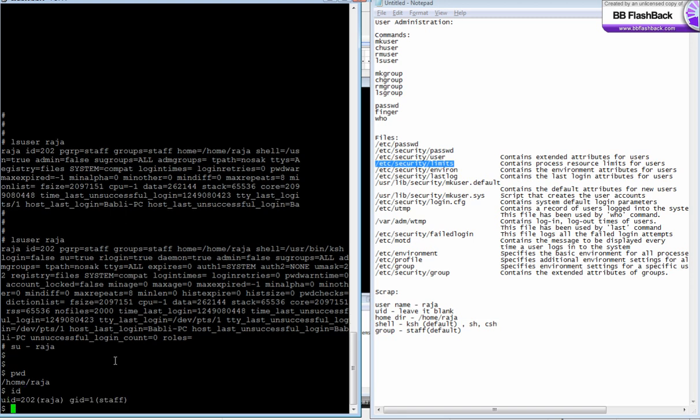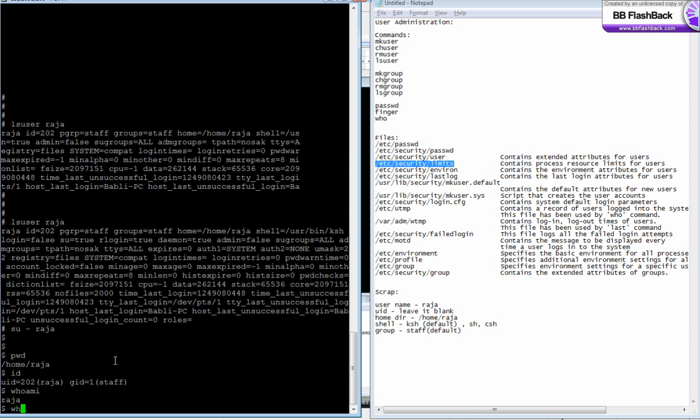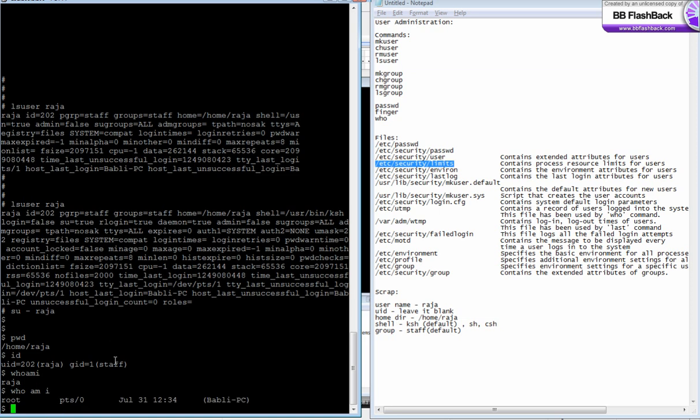/home/Raja, and the ID is Raja. Who am I? Is Raja. Okay, what is the difference between who am I and who space am space I? Who am I shows you the current user ID, the effective user ID, and who space am space I tells